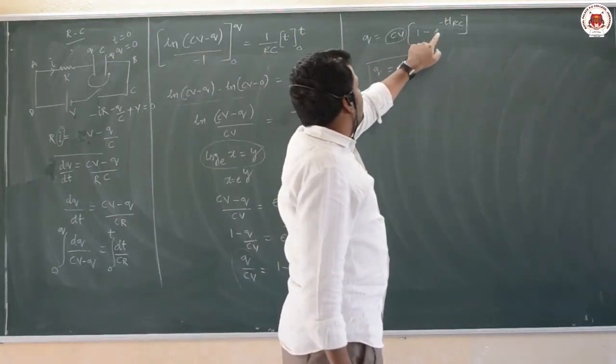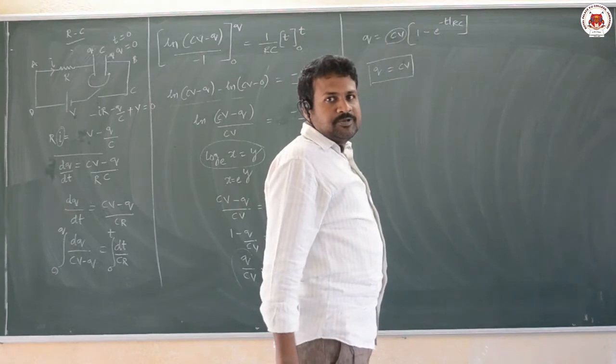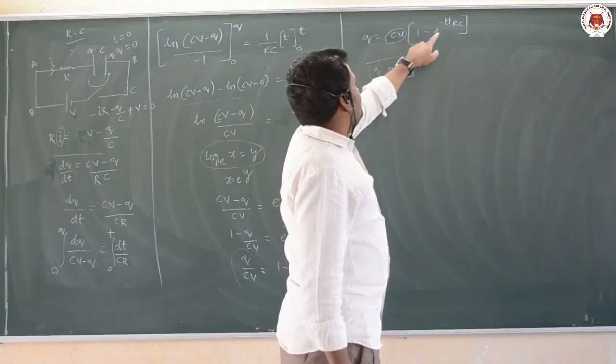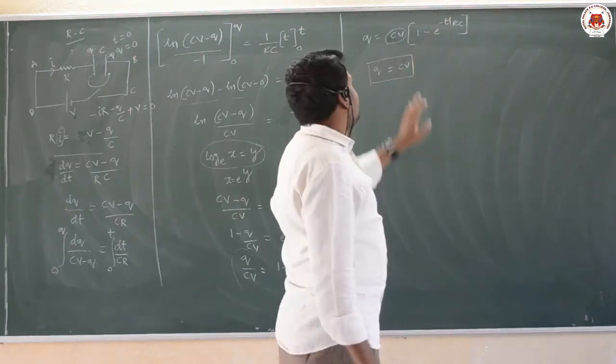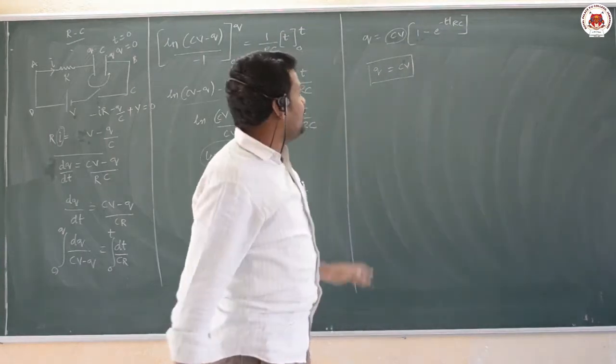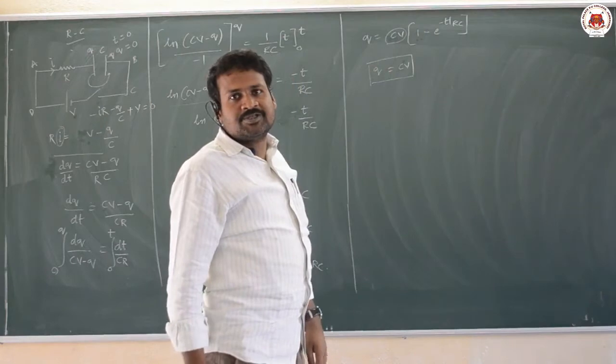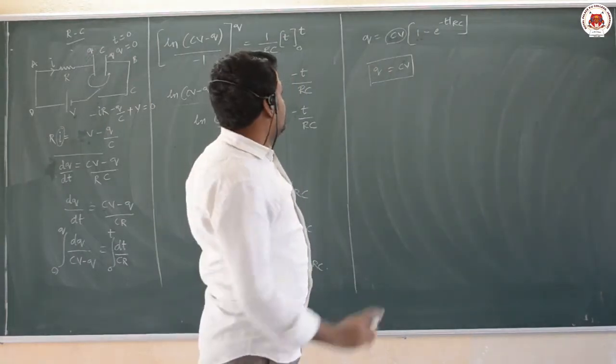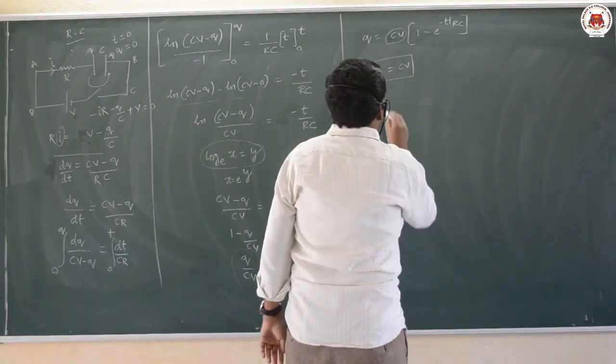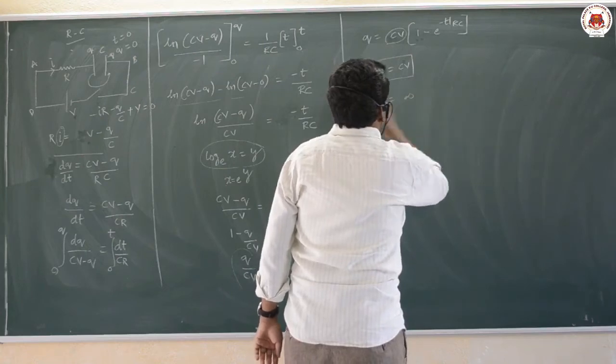1 minus 1 by e power 0. 1 minus e power 0 is 1, so 1 minus 1 you will get 0. If you substitute t as infinity, you will get Q is equal to CV. This indicates that when t is equal to infinity,